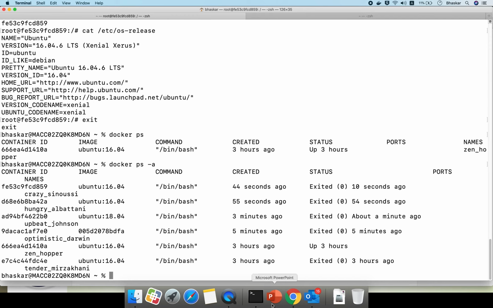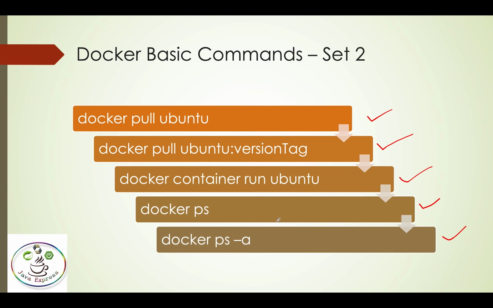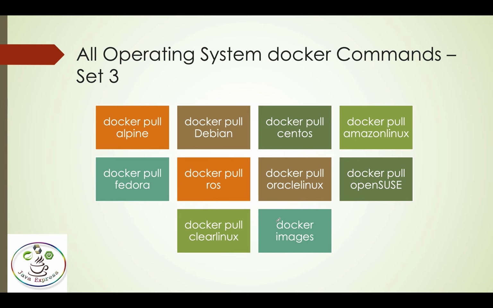So this is the way you can go ahead and run these commands to understand some basic commands yourself. Okay, I'm not explaining in depth, just try to run these commands for your comfort until you are comfortable. So please try to pull these images and check the OS versions. All types of operating systems I'm giving here are Alpine, Debian, CentOS, Amazon Linux. Try Amazon Linux also, and Fedora, Robot Operating System, and Oracle Linux.